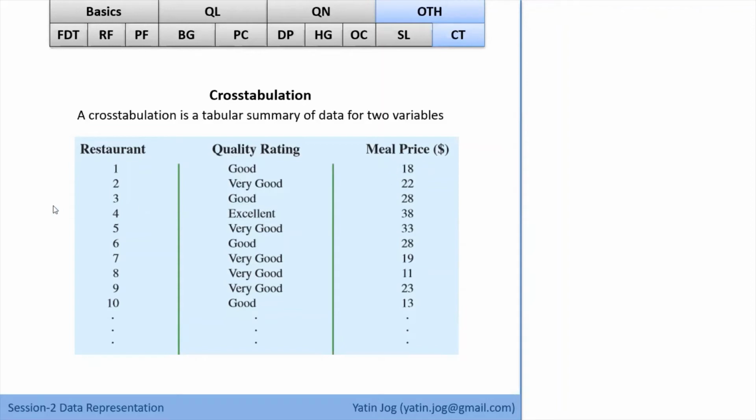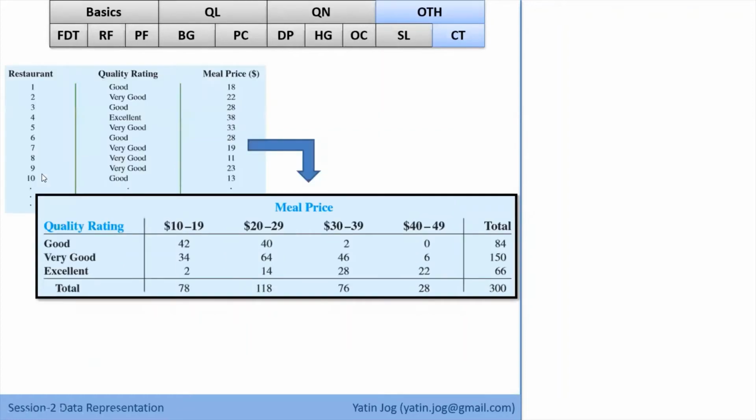Now in the case of cross tabulation, we can represent the same data of 300 restaurants in cross tabulation format in this way. In rows, I'll take one variable and in columns, I'll take the second variable. So in rows, I'm taking quality rating as a variable and in columns, I'm taking meal price as a variable.